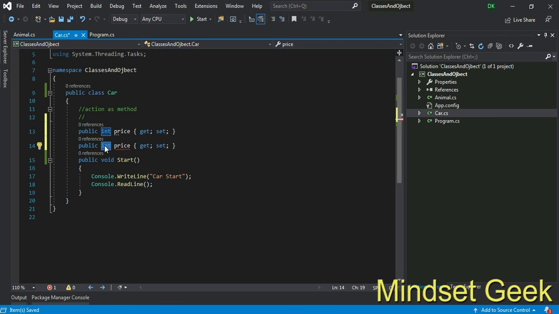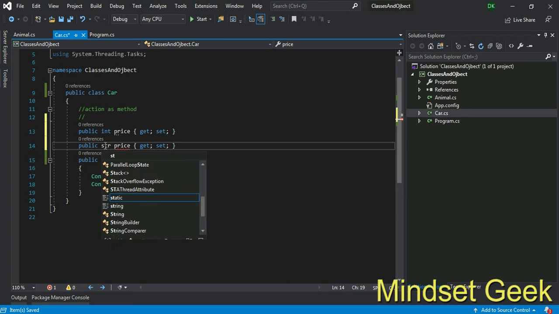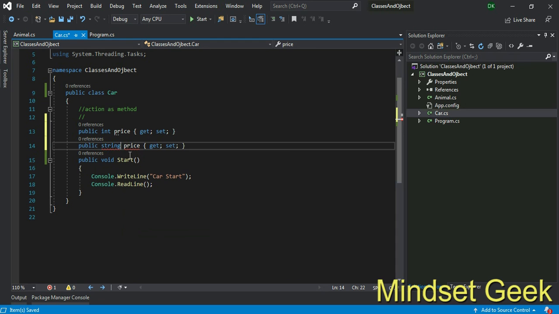We can keep string type color, like this, right? These are what we call properties of the class, this time the car class. These are the actions. We keep actions as methods, right? This is the concept behind method.